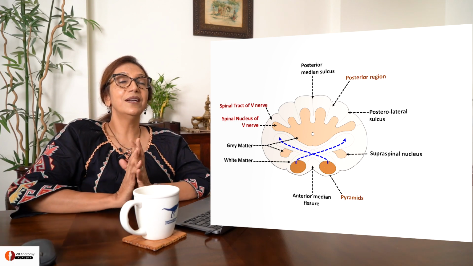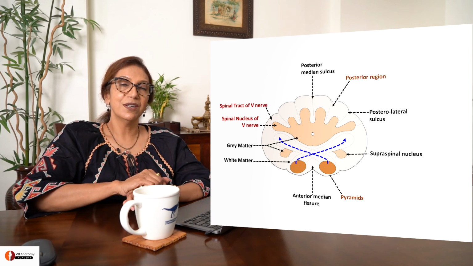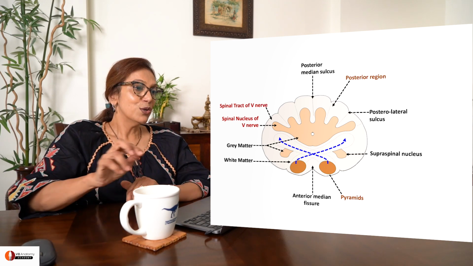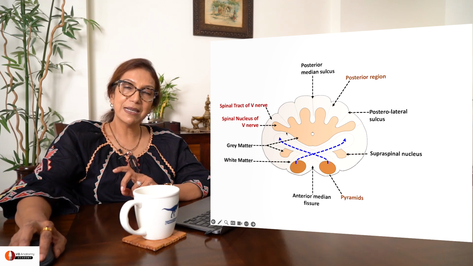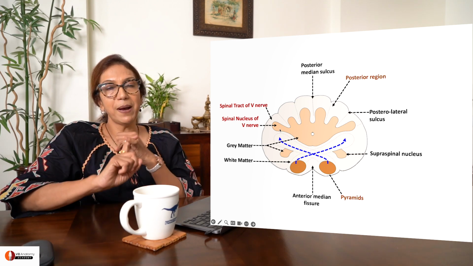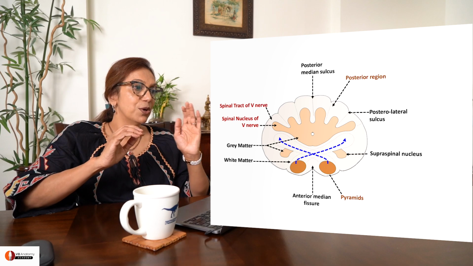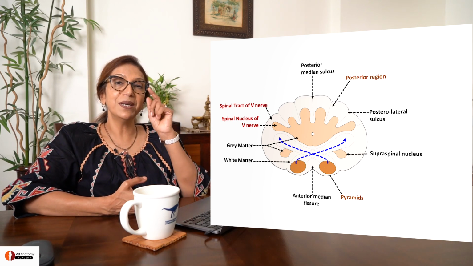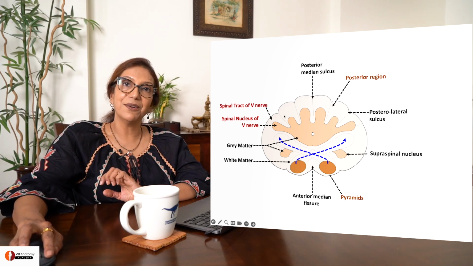Now we come to another very important part. While we saw the motor decussation, we're now going to discuss the sensory aspect. So posterior gray matter, a small portion of it is being discussed here. This small portion, the gray matter, is called spinal nucleus of trigeminal nerve. The white matter above it is called spinal tract of trigeminal nerve. Remember the swelling called tuber cinereum? This portion is your tuber cinereum. Okay?